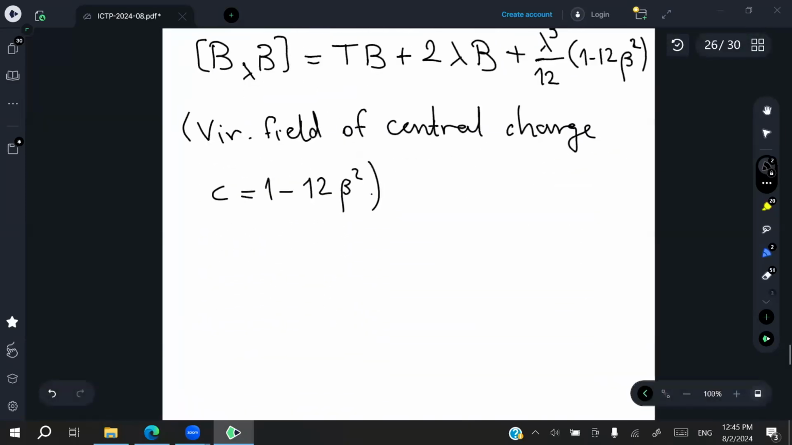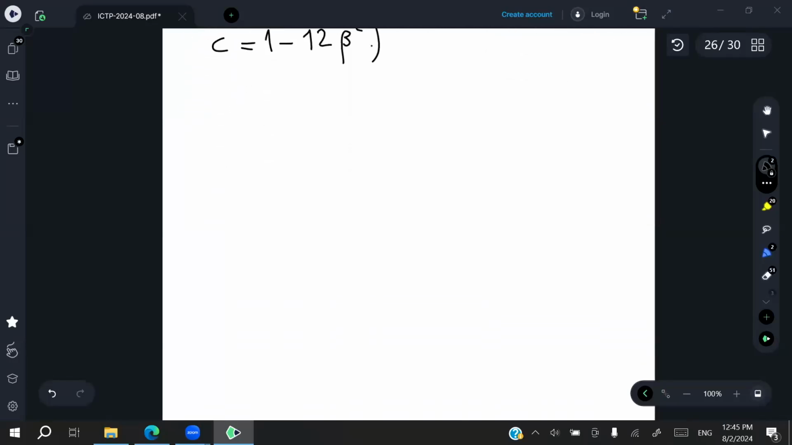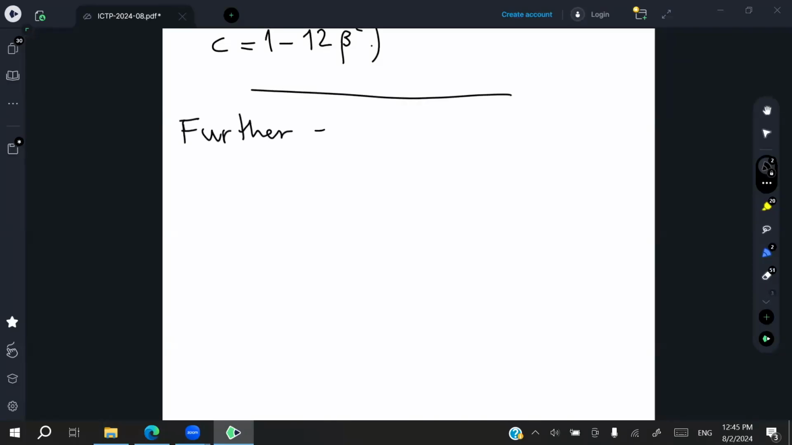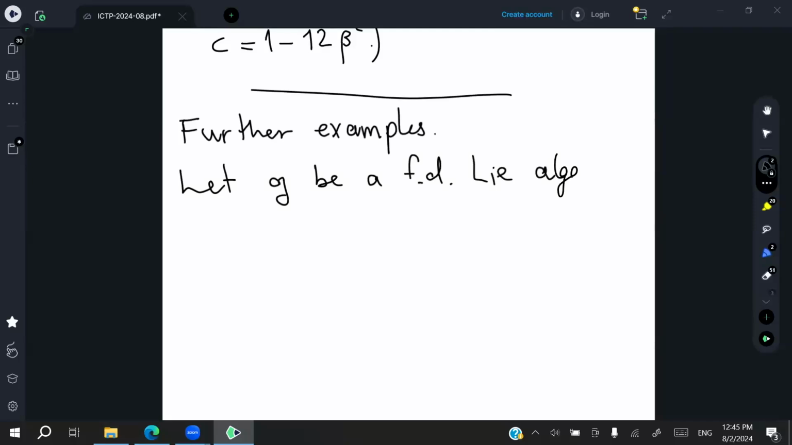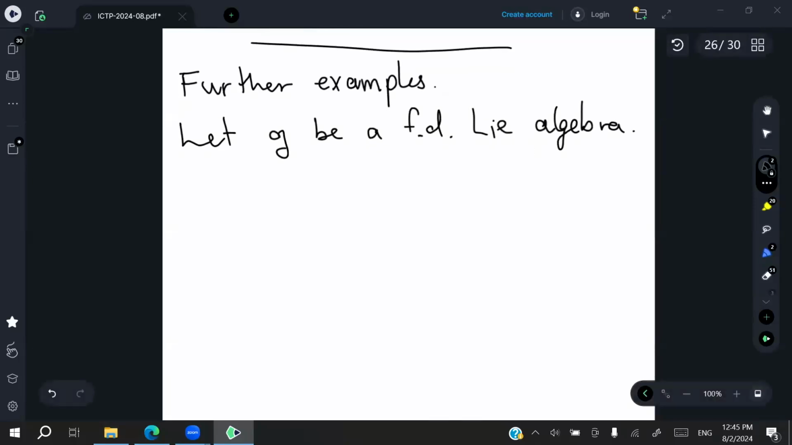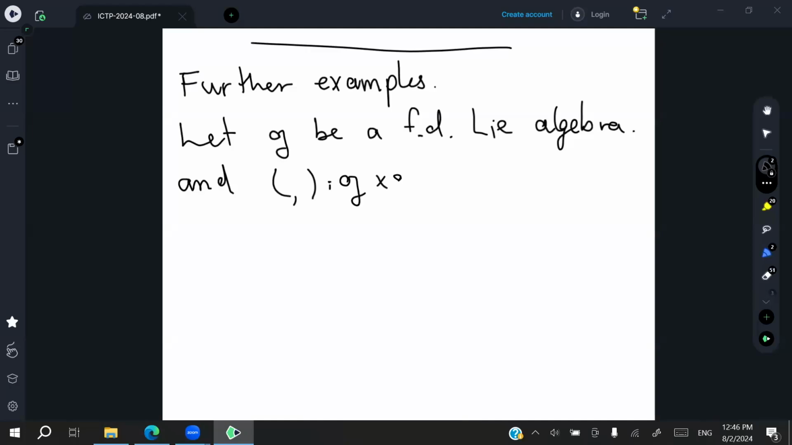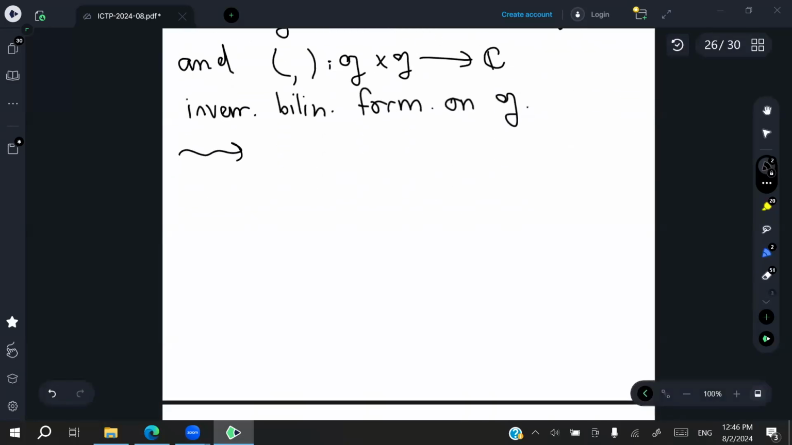Okay, so I guess the last thing I'd like to talk about are some other examples of vertex algebras. So let G be a finite dimensional Lie algebra, and the pairing of G with G here is an invariant bilinear form on G. So from these we have the corresponding